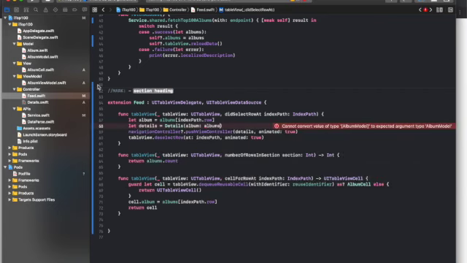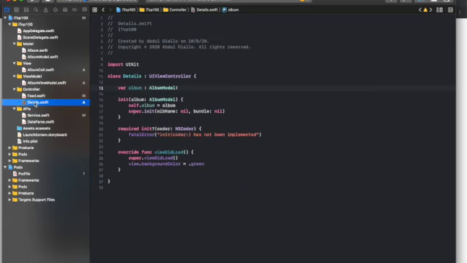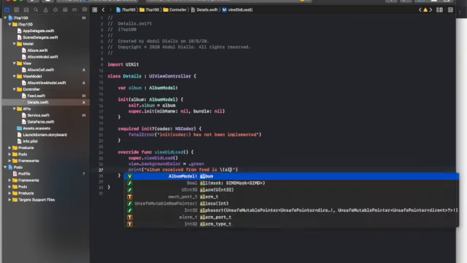Well, just need to pass this album. Okay, now let's go back here and print album received from feed is, album dot